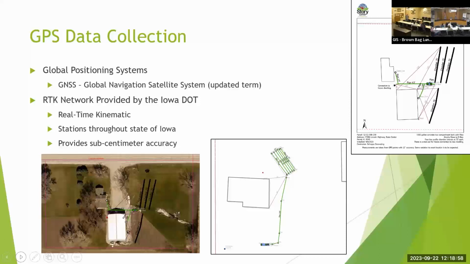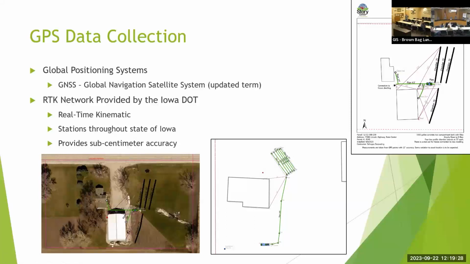But anyway, we have a couple departments that are using this. A lot of these screenshots are from environmental health. Matt Corey helped me get these together. We are using what's called an RTK network, and it's provided by the DOT. So for us, it's completely free. It's statewide, and RTK is real-time kinematic. I'm not exactly sure what that means. I would lie and say something, but I'm not going to. I'm not sure what it means.